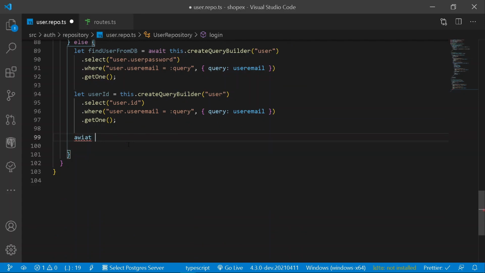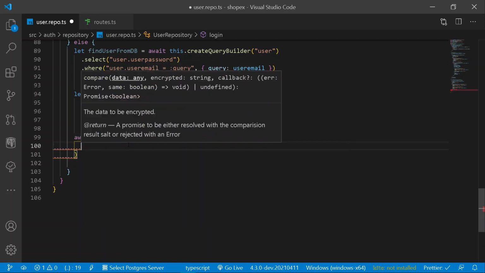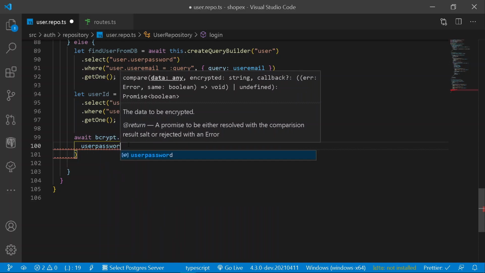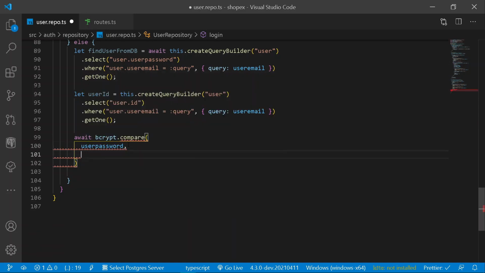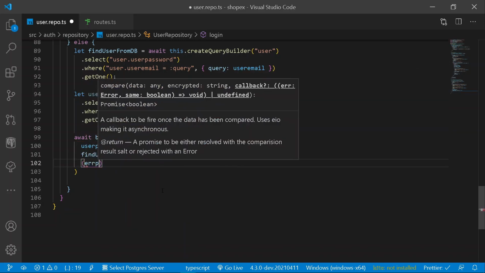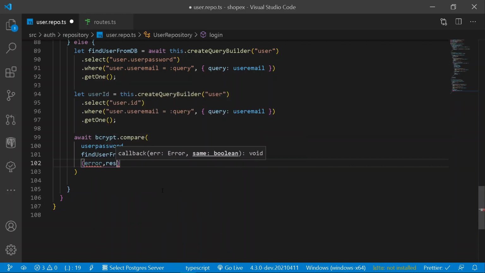So here I will be simply awaiting bcrypt. Alright, a bad spelling, not right. Let's say bcrypt.compare. Let's add a method of compare, and under our compare method, first of all, it shall be requiring the actual password the user has inputted, just like this. And after that, we should be finding the user password from our database. So for that purpose, let's copy find user database, and also let's add user password. So here let's add the following user password as string, just like this. And once everything went right, it also gives us a callback function. So let's add an error and also a result from our database. Let's throw in an arrow function, why not?